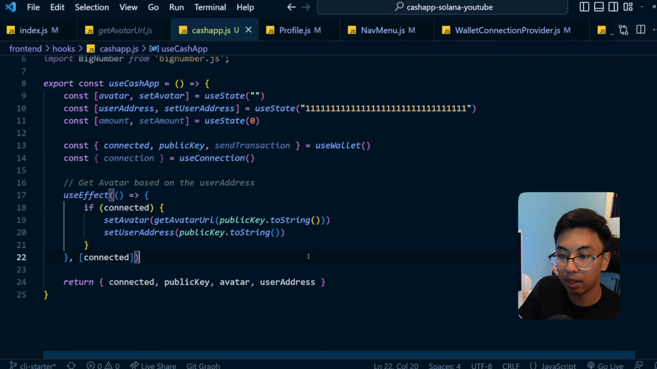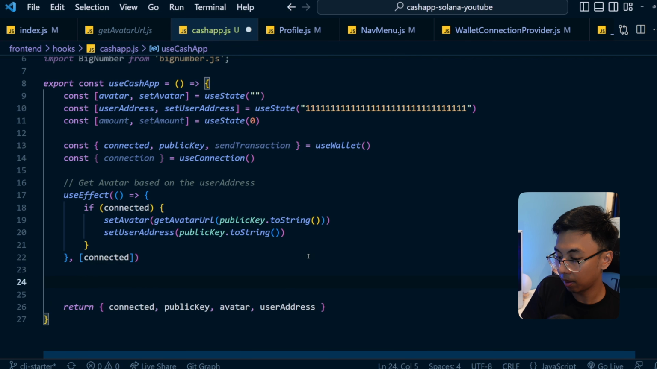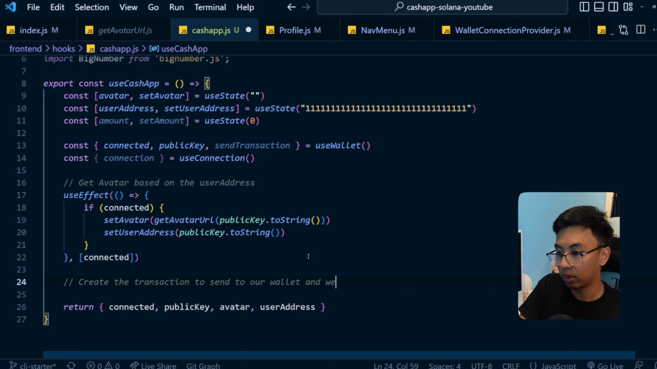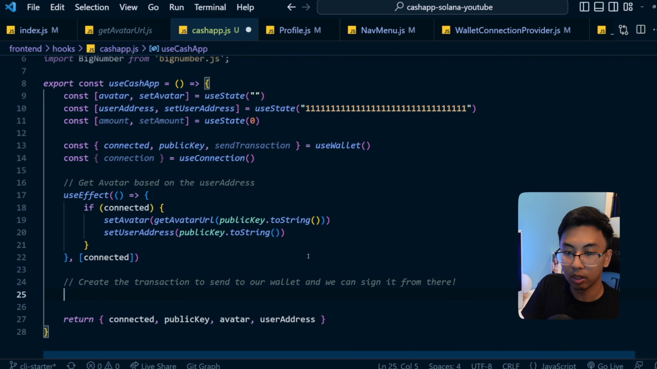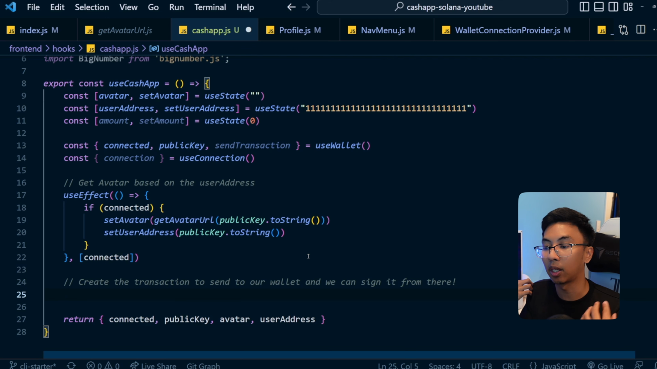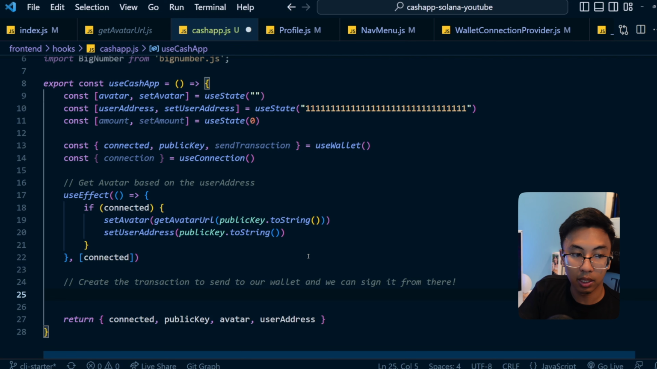So coming down under this useEffect, let's create a transaction. That's what we want to do, to send to our wallet, and we can sign it from there. So first we want to create the transaction that our wallet sends us. And to create it, we need to make a function. So we can make this asynchronous and say async make